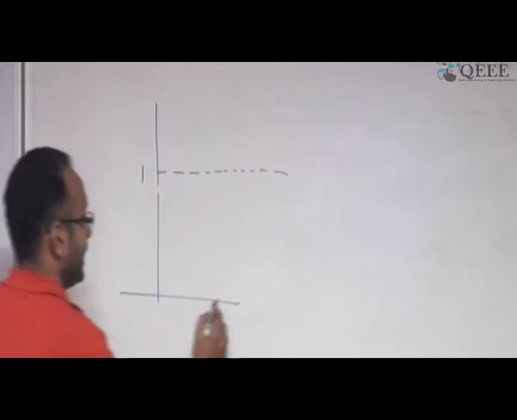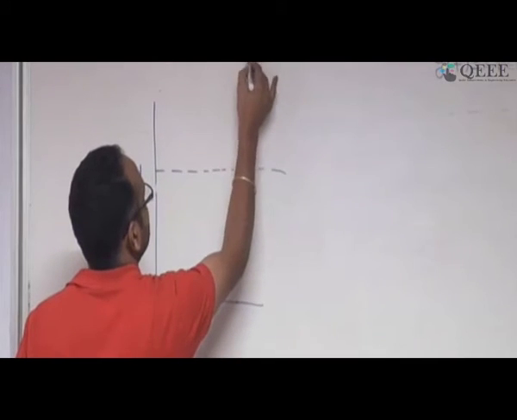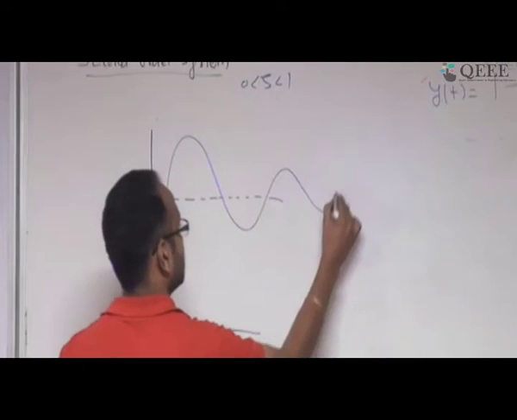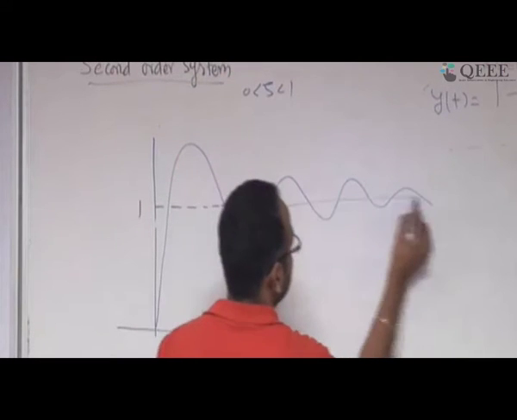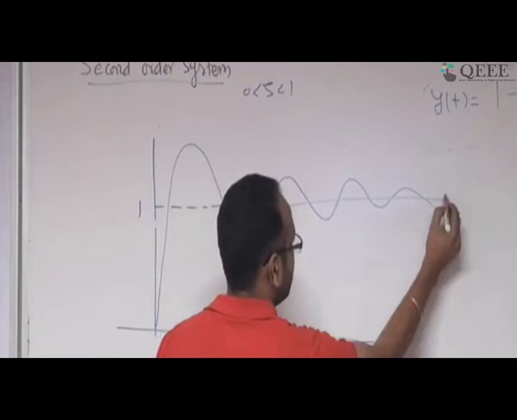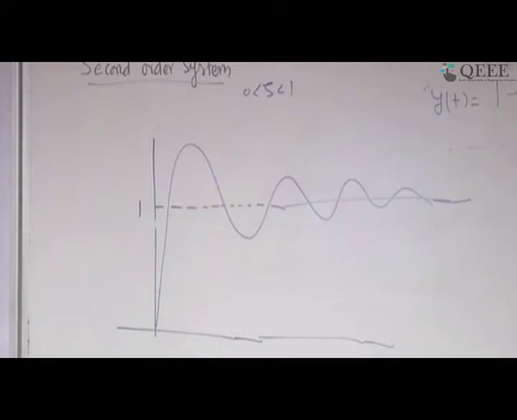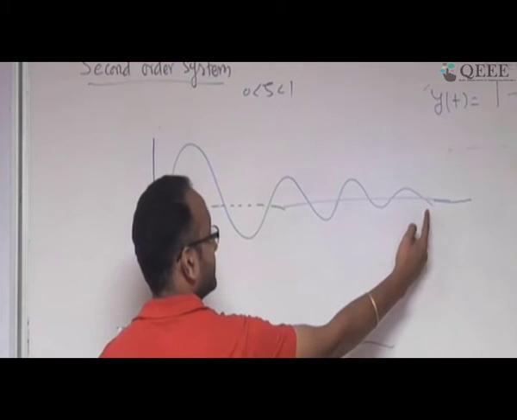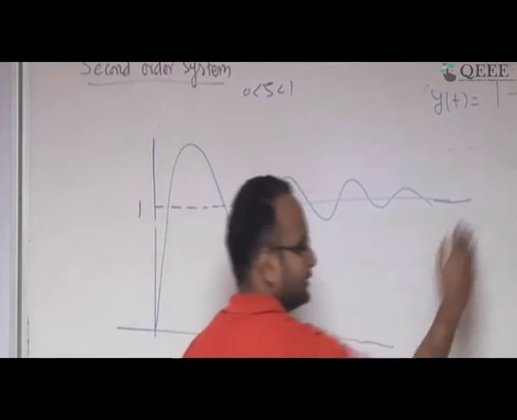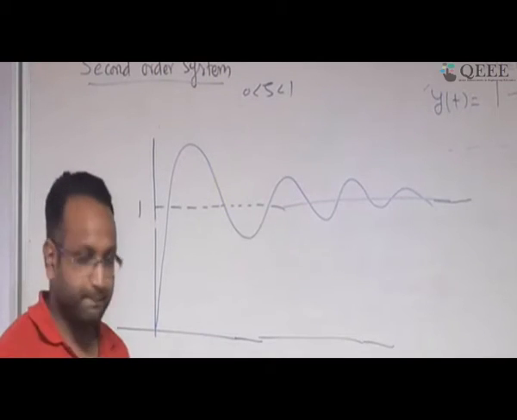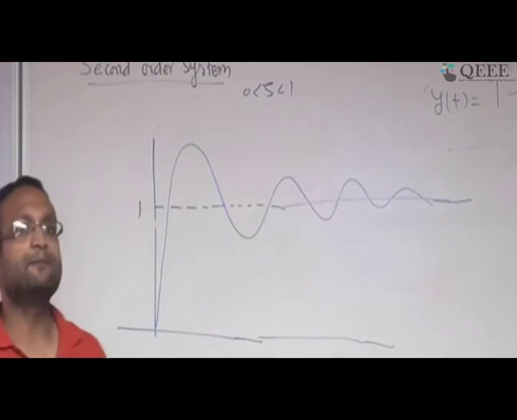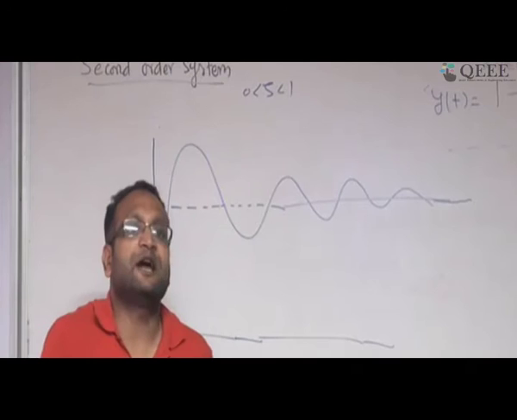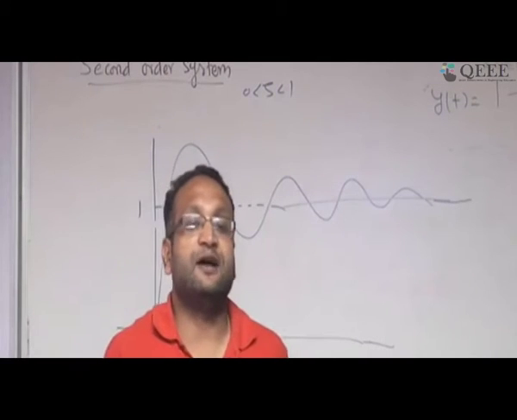Now we are studying the response of a second order system for a unit step input. And as I mentioned, I am choosing zeta between 0 and 1. The typical behavior will look like this. Finally, as t tends to infinity, it will reach 1. As I mentioned, this phenomenon, as well as its speed, is going to a steady state behavior. So I want to define some quantitative value to judge what should be my good value of zeta and omega n, so that I can say my system is fast, slow or something.